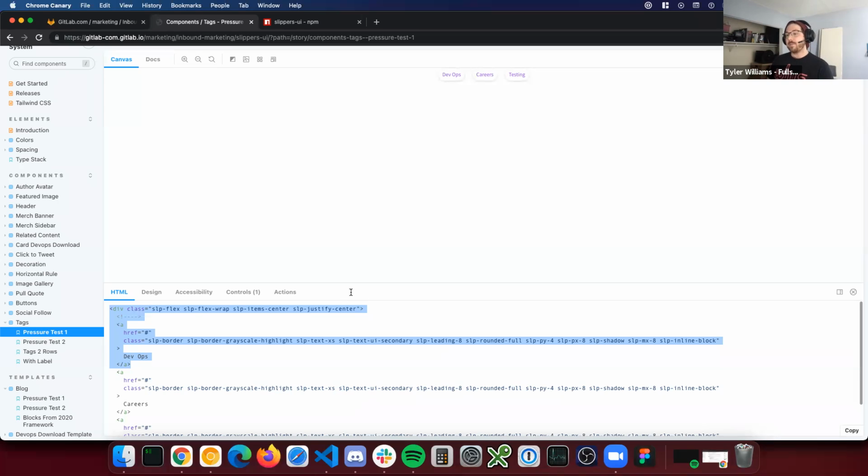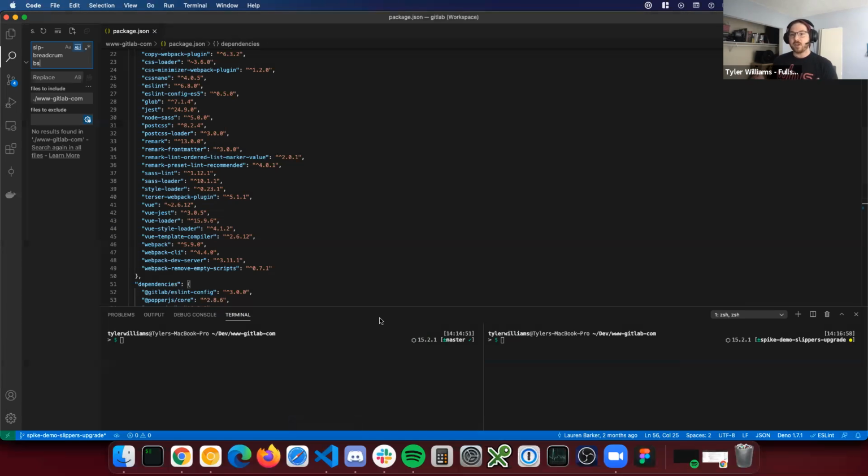When you go to make the MR for the branch that you're in, you can say bump version of slippers and update all of the places, like update the breadcrumbs to be tags. And so then people can see the diff. Not only can they say, hey, we changed the version, but we also know all of the affected files. We get a ton of really good stuff out of that, because if we get a bug report and someone's like, hey, the breadcrumbs or the tags are looking different, I don't know what's going on, or this page is broken, we can say,